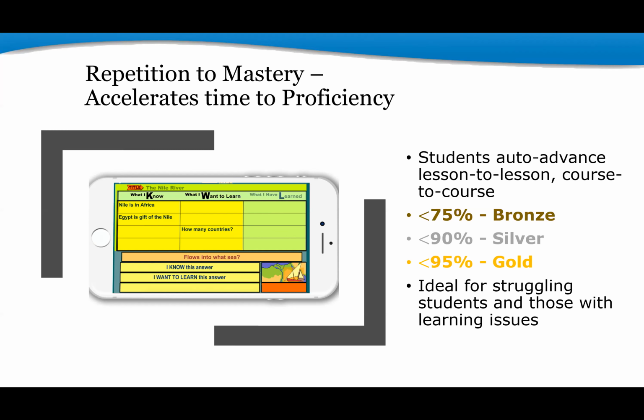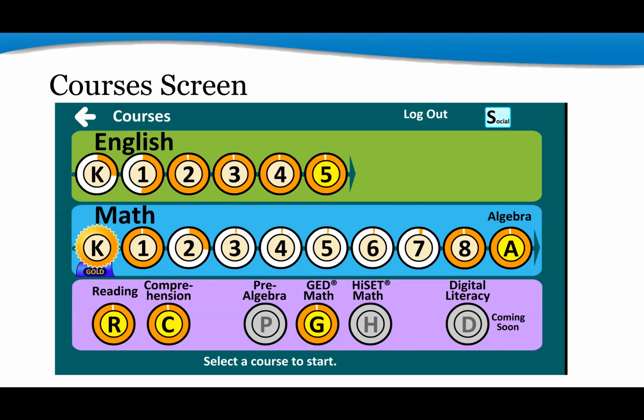When you take a look at the courses screen, you'll see details on which courses are open and available to students. Anything that has a colored ring around it means that it is open and available. And the scale of the orange around this ring will tell you approximately how many lessons are open to that learner. So in the case of this English K, you'll see that it's about 1/4 ringed in orange. That means that it's open lessons 1 to 15. If it's open a little bit more than that, it'll be 1 to 30. And if it's nearly all of the lessons, you'll have lessons 1 through 59 open and available to the